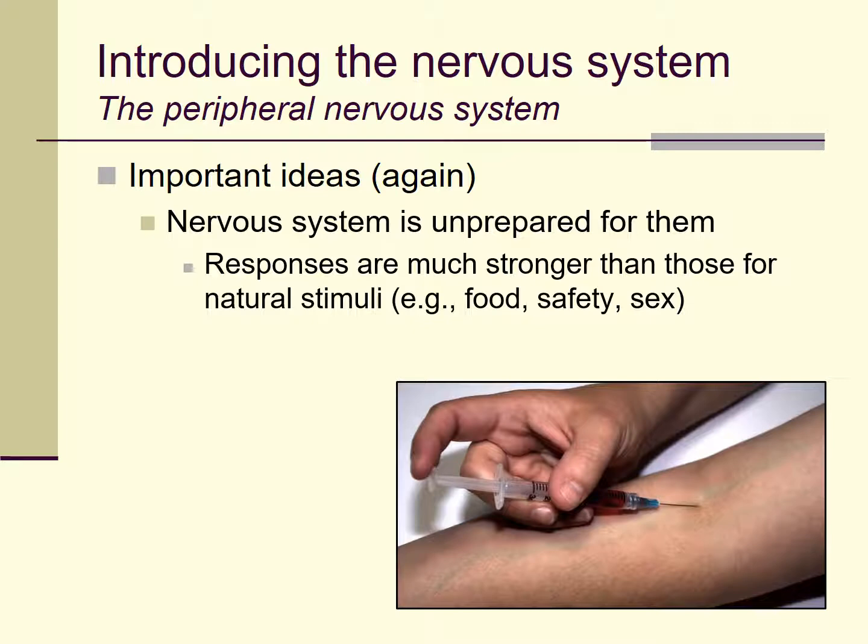So things like food or safety or sex, or even consuming some natural sources of drugs like rotten fruit or chewing a coca leaf, give us reactions that are relatively mild in comparison to the reactions your body has when you inject heroin or consume a lot of alcohol or do a line of cocaine, and so on. So hopefully that's clear. It was a bit of a digression there. I want to bring it back to the peripheral nervous system for the last few slides of this lecture. Hopefully that'll make sense.